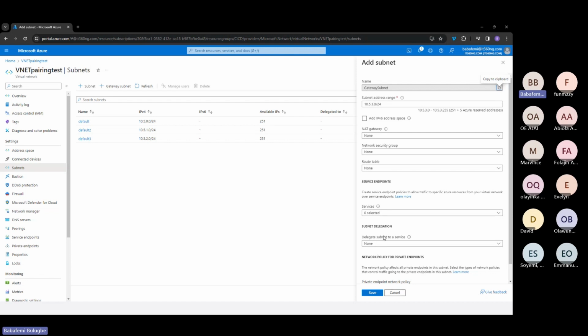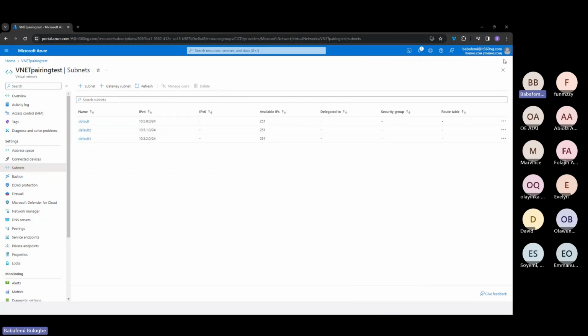So only the VNet that needs to have a direct connection with our on-premises environment, that's where we need to create our gateway subnet. We do not need to create a gateway subnet in every other VNet that we have, because there is no direct connection between them and the on-premises environment. So if we want to connect two VNets that exist in Azure together, what we need to do is